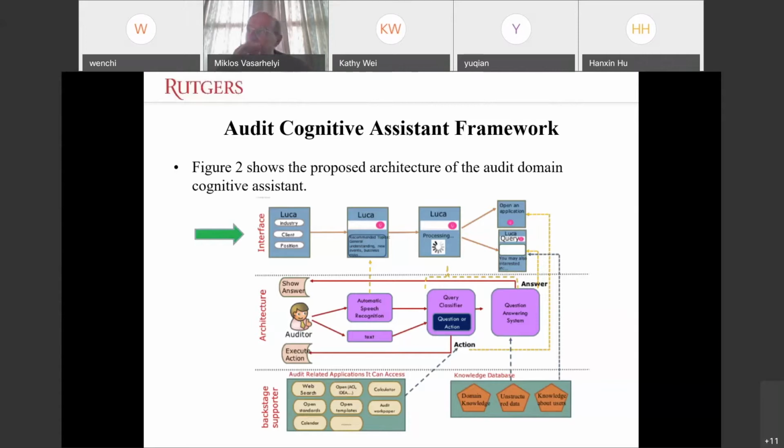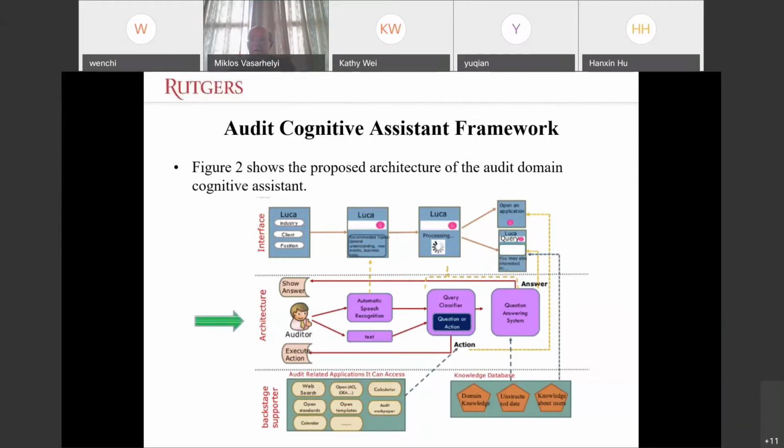The selection of industry and client name is the control for the information access. And the selection of the position of the user is because the cognitive assistant system will be able to learn and memorize the questions and actions performed by different users. Then the system can provide relevant recommendations to the following users. And we can see that this picture shows "you may also be interested in", which is the recommender system. As more auditors interact with the tool, it will react better by providing more targeted recommendations.